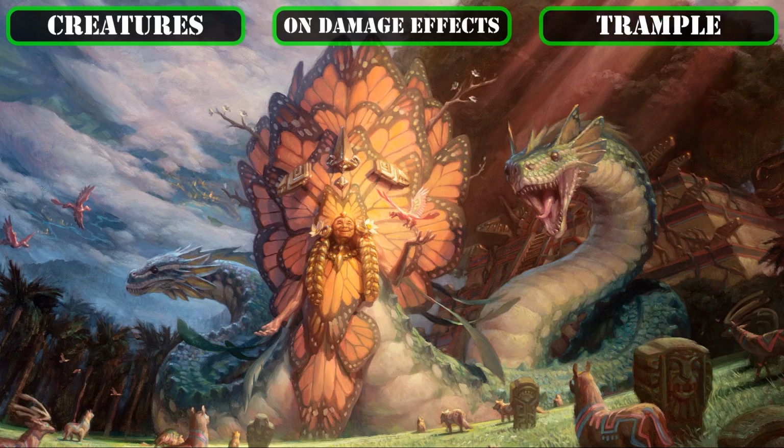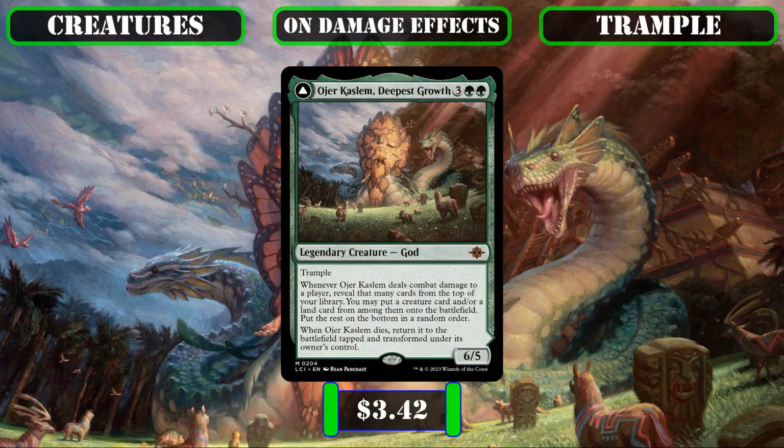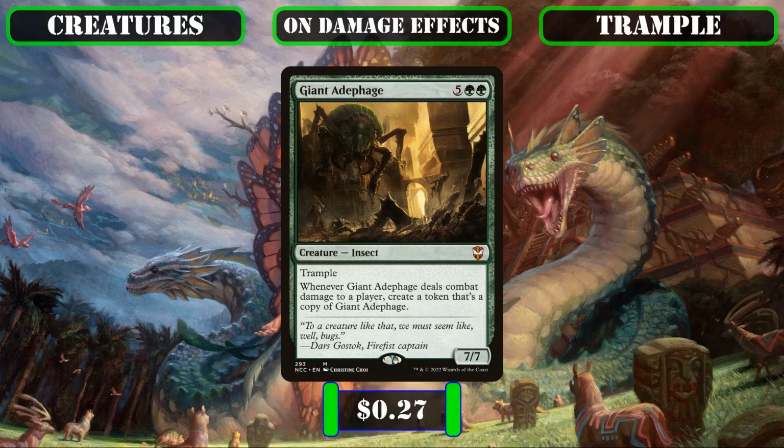Now, switching gears from creatures that can go over blockers and onto those that will crash through them instead in order to inflict damage, we'll be adding in Mindleech Mass, who gives us another way to cast spells off our opponents at no mana cost, this time by ripping them out of their hands to also deny them resources, Ogier Castlum Deepest Growth, which instead lets us cheat out our own creatures and lands from our deck as she cracks in, on top of also being very hard to permanently remove thanks to her ability to turn into a land upon destruction that we can easily flip back,